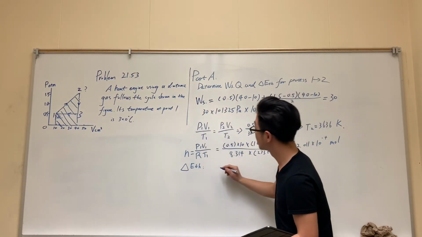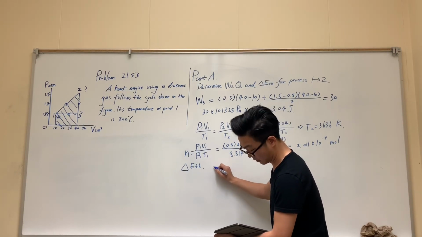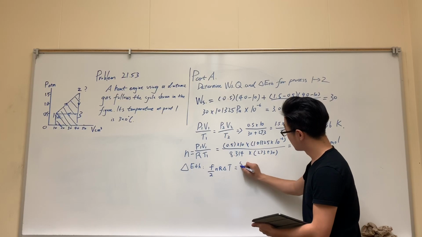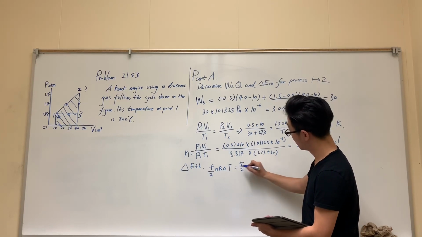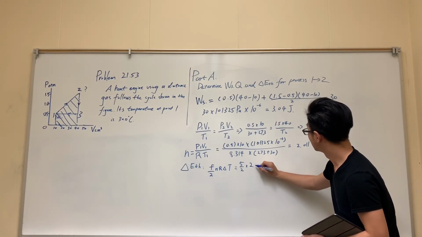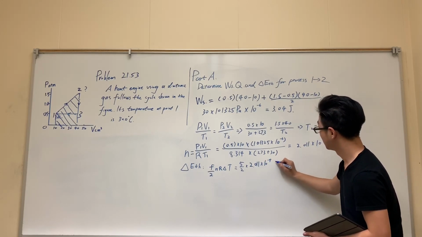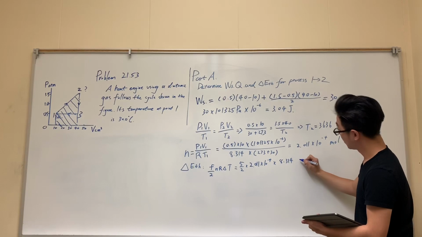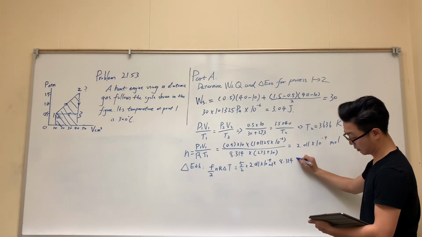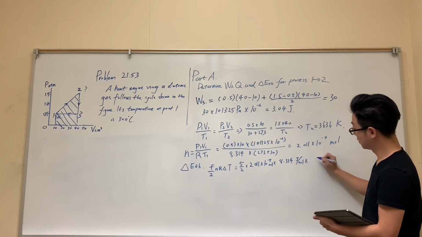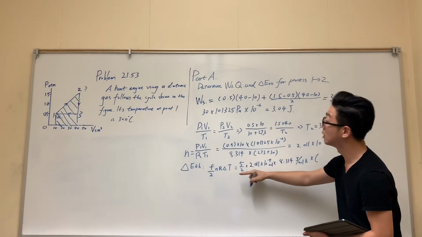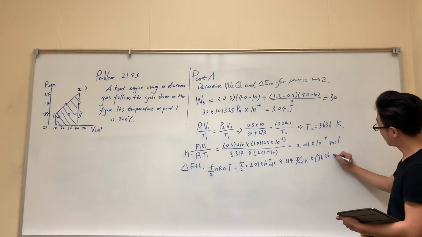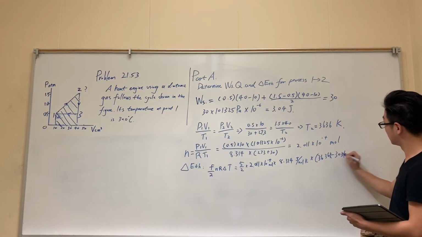Because this is diatomic, we need to use that equation, which is f over 2 n R delta T, which equals 5 over 2 times n, which is 2.011 times 10 to the negative 4, times R. R is 8.314 joules per mole Kelvin, times the difference between the temperatures from here to here, which is 3636 minus 303 Kelvin. And here we get